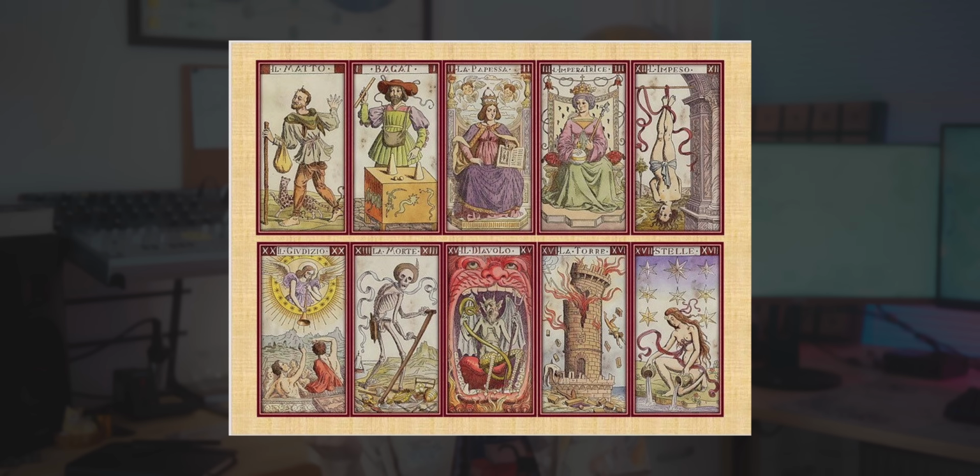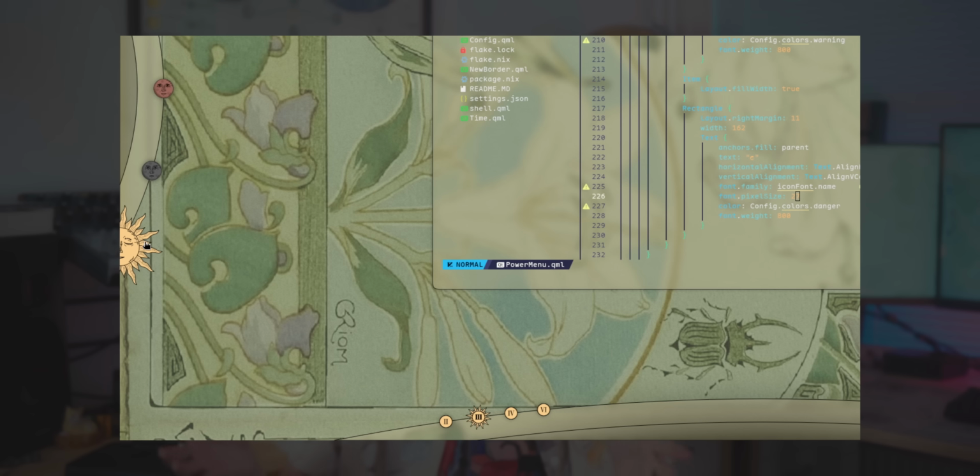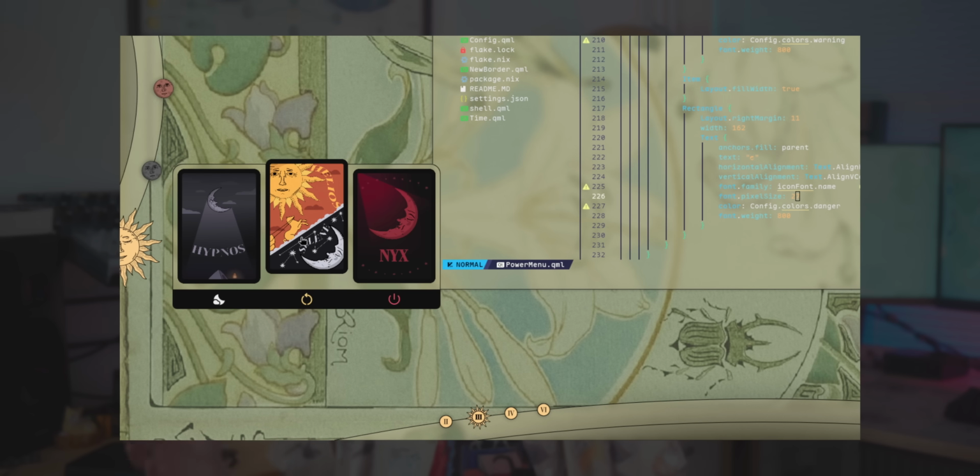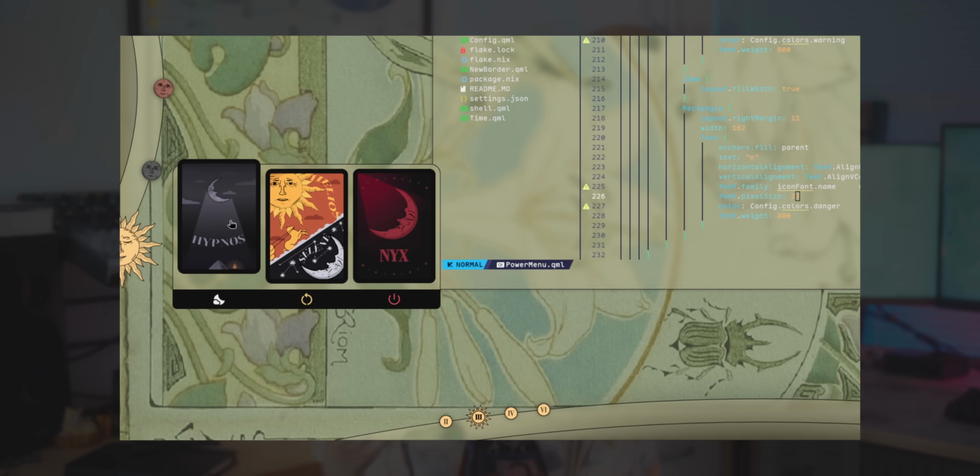After working a bit with the menus that will pop up by pressing the sidebar buttons, I tried to create a power menu, but it looked underwhelming. I wanted it to look more in line with the theme and more extravagant. After talking about this theme with a friend, he suggested that it reminded him of tarot cards quite a lot. As such, I started to design three tarot cards, one representing power off, one representing reboot, and one representing hibernate. I made a quick menu and put these tarot cards on it, added some animations, some icons, and